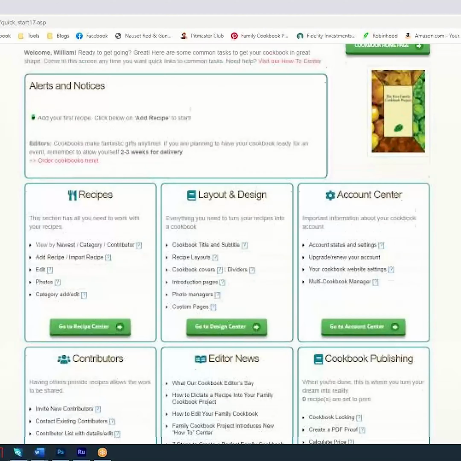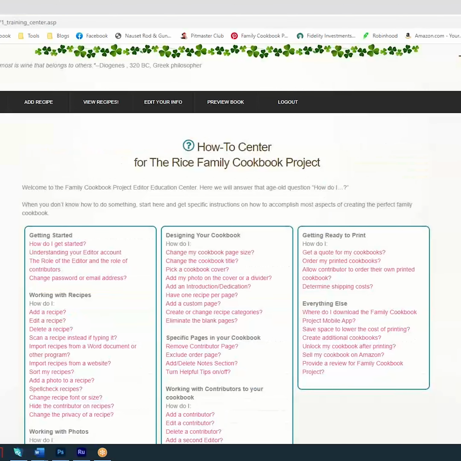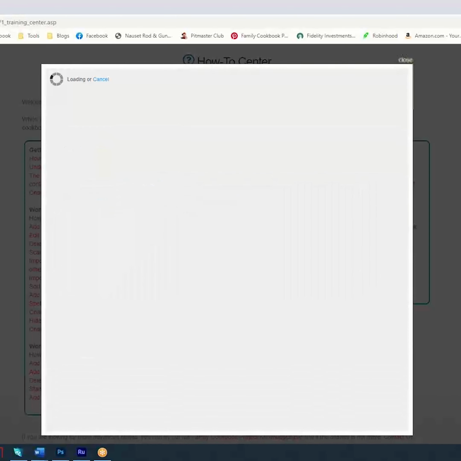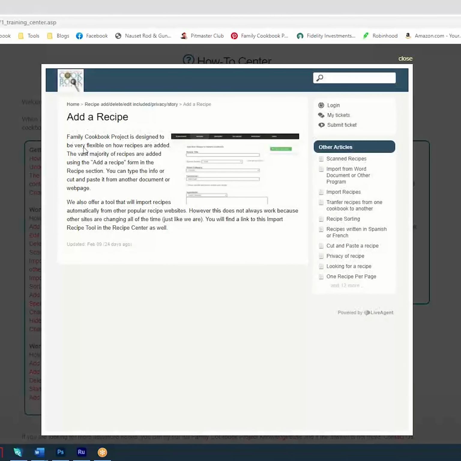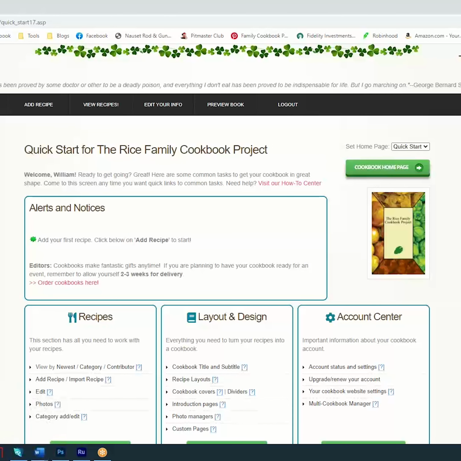One of the most helpful pages that actually has been added fairly recently, up here in the black navigation bar, is this how-to button. If you click on this, it gives you some very specific answers to questions that you may be asking, like how do I add a recipe? It literally will tell you step by step exactly how you need to add a recipe. But we're going to do that right now. So we're going to go back to our quick start page. We're going to go to the